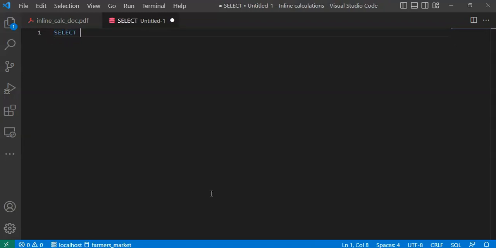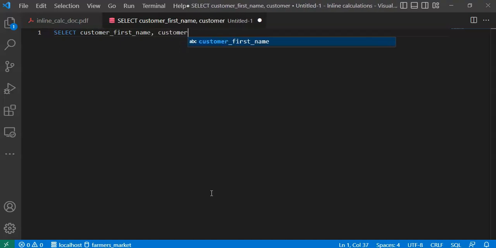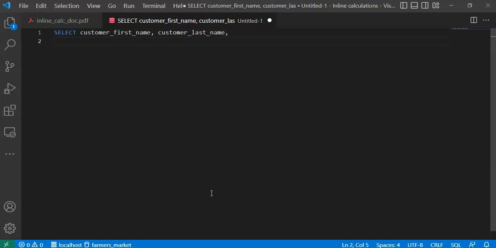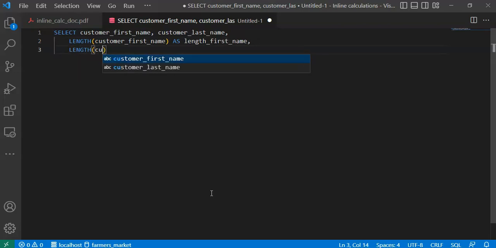I'll show the customer first name, customer last name, then length customer first name as length first name, show length customer last name as length last name,